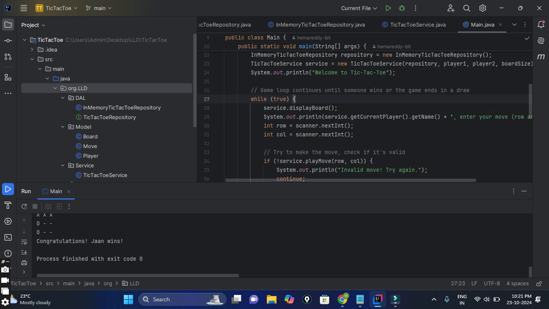And that's it. We have successfully built a tic-tac-toe game in Java. You can always extend this project by adding features like AI players, a better user interface, or even integrating it into